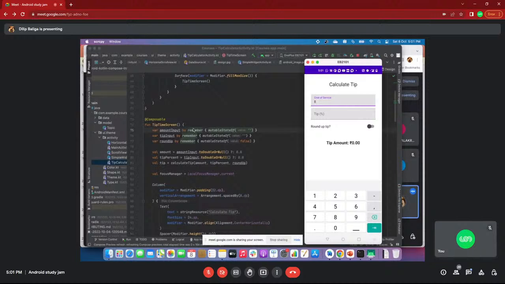If I remove this, it won't remember, it will vanish that value. It is a little complicating, but basically internally, every time you enter something, it recomposes, meaning it redraws. And we use remember just to store the previous value: previously you entered 8, now you entered 8 again, but the previous value you are supposed to store somewhere. That is the reason remember is used.